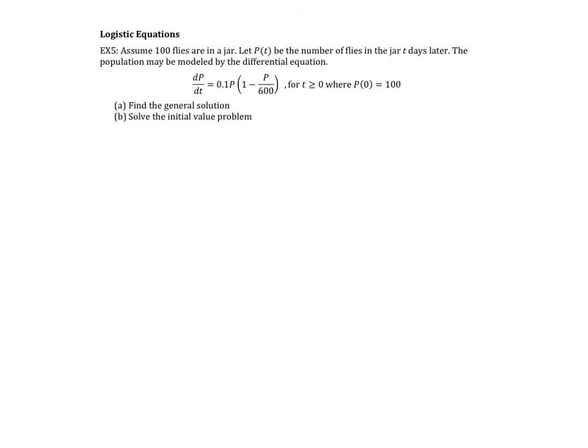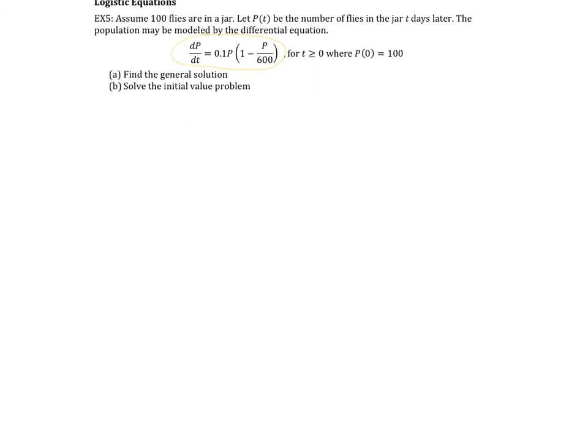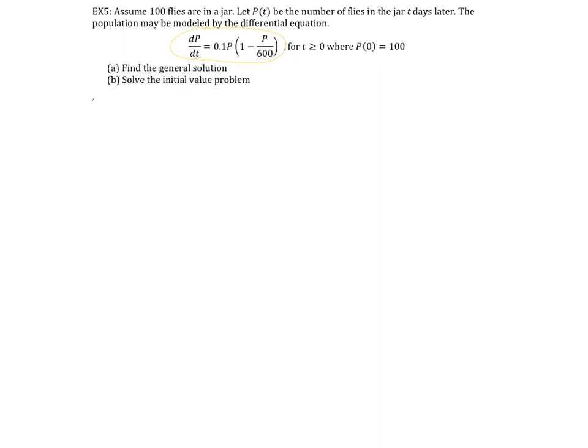So in example 5, we have 100 flies in a jar. P is going to be the number of flies in the jar t days later. The population can be modeled by this given differential equation. Okay, and then the initial population, P of 0 is 100, t is greater than or equal to 0. If we were to find the general solution, and this is going to be really long, to this differential equation,